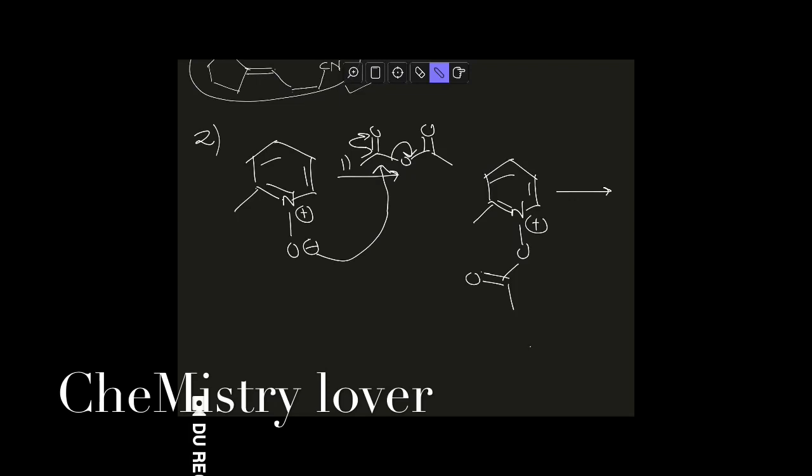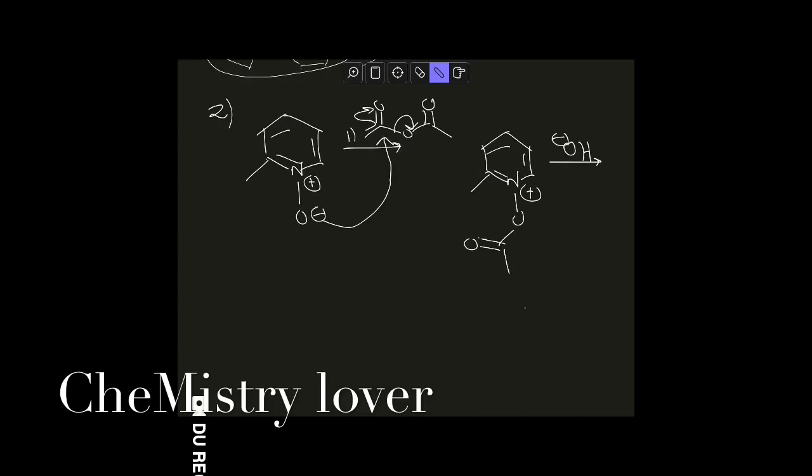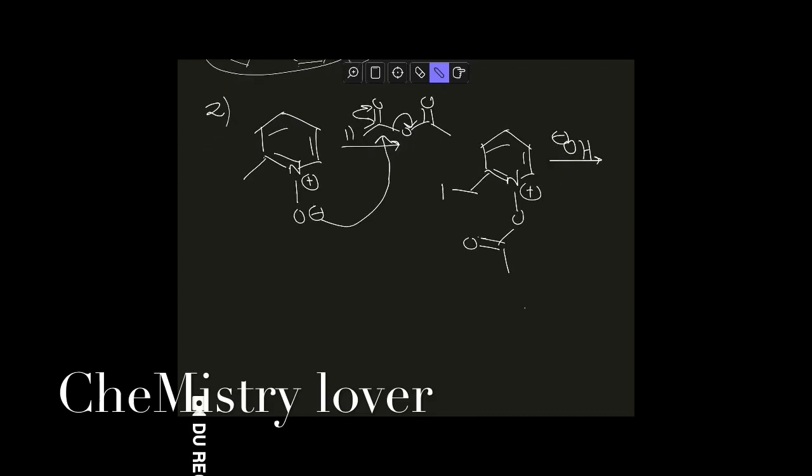Now in the second step you have OH minus given. So what will OH minus do? It will take a proton from here because this proton is very acidic. So OH minus can take the proton from here, and by that you will put a negative charge over here, but that negative charge is actually delocalized into this nitrogen. So what you will get over here is something like this. This is the thing you will get out of this step after the proton abstraction.